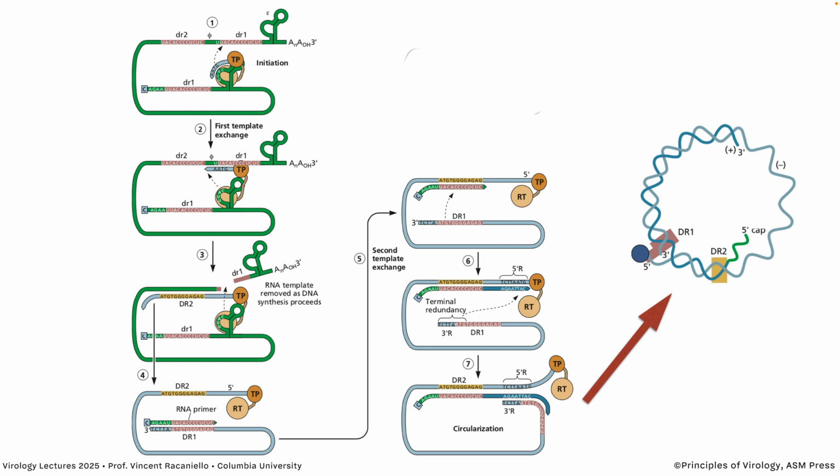And eventually the DNA reaches the 5' end. There is a terminal redundancy in the genome, so this DNA is able to make a template jump to the 3' end, and that's how you get copying of the other strand. So there are a multitude of terminal redundancies and so forth that mediate this, which are not so important for you to understand. What I want you to understand is that this process stops at some point with a gap because there are not enough nucleotides in this closed capsid.